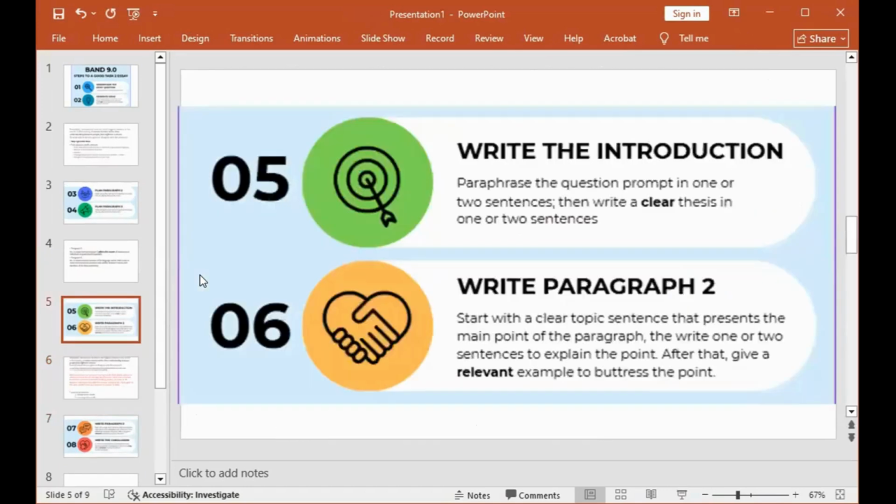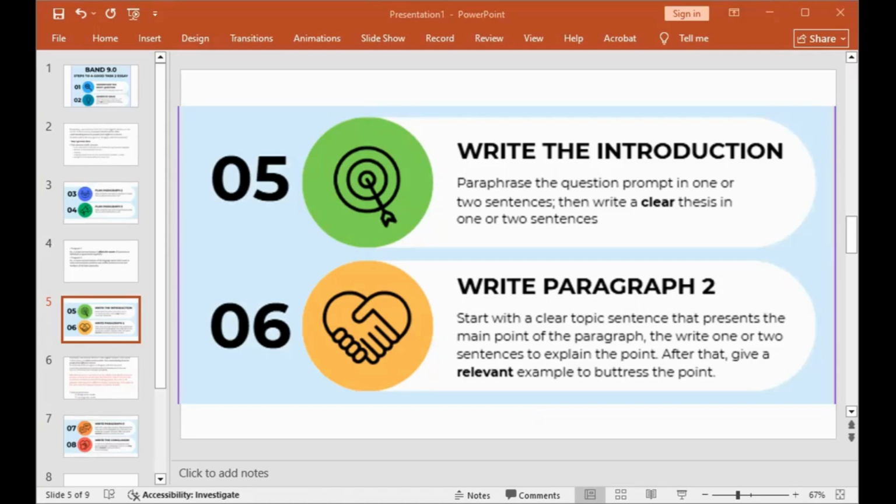So next step is to write paragraph two. Are you there? Are you still with me, Uchechi? Yes, sir. Let me see whether people are still with us. You guys, are you still with me? Let me know if you are following, and drop a message in the Zoom chat. If you have any question, or something you want to add, just post it, and I'm going to look at it and respond. All right, thank you very much. I can see some feedback there.